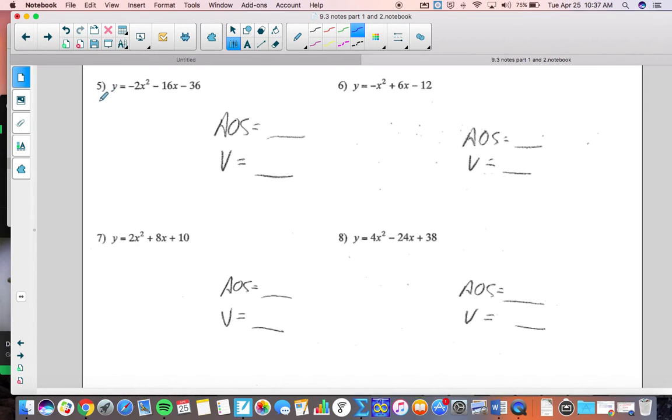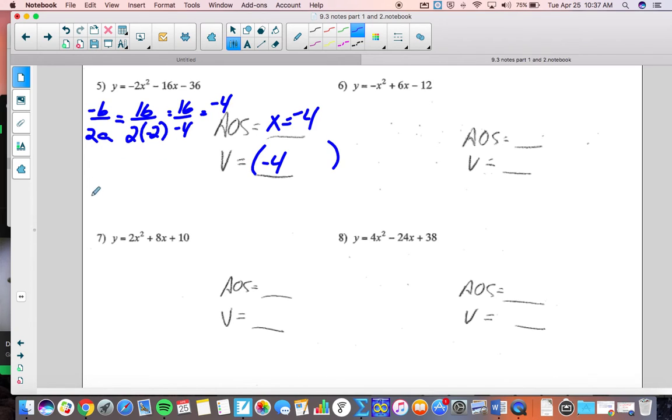Same with number 5 here. So it's the opposite of b over 2a for the vertex of x. So b is a negative 16. So the opposite of that's a positive 16 divided by 2 times negative 2. So now we have a positive on top, but a negative 4 on the bottom. So that's a negative 4 for our x value of the vertex, and x equals negative 4 for our line